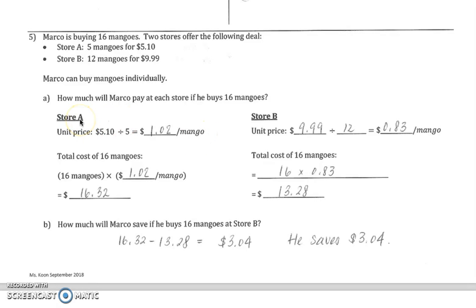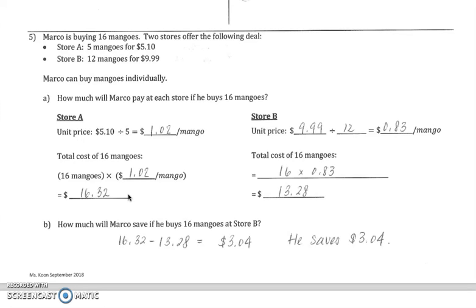So store A, because they sell 5 mangoes for $5.10, you divide the dollar value by 5, the number of mangoes, which works out to $1.02 per mango. So now to calculate the cost of 16 mangoes, you multiply 16 mangoes by the unit rate, $1.02, to get a total of